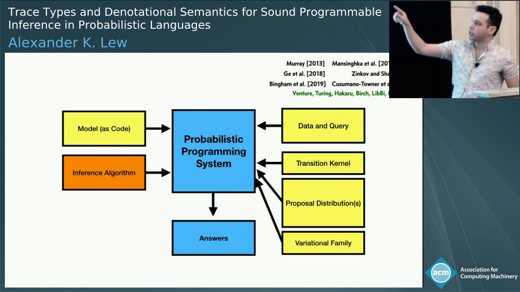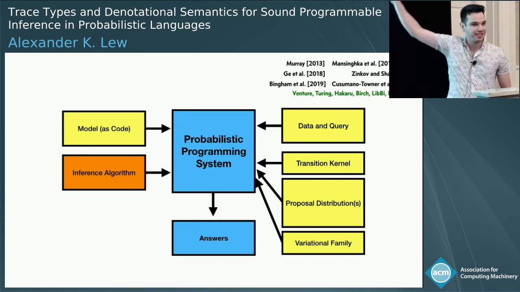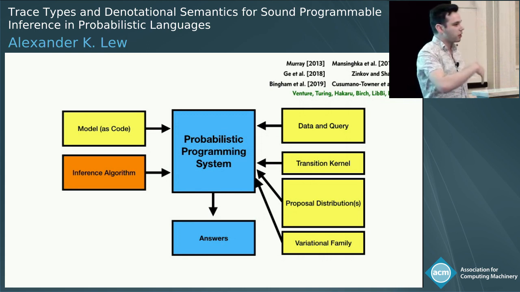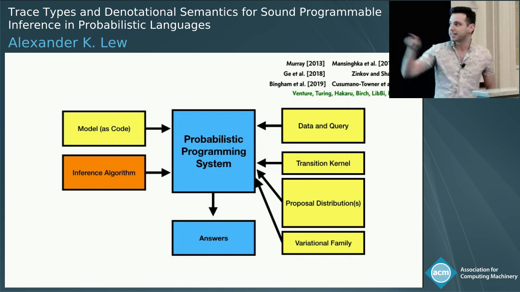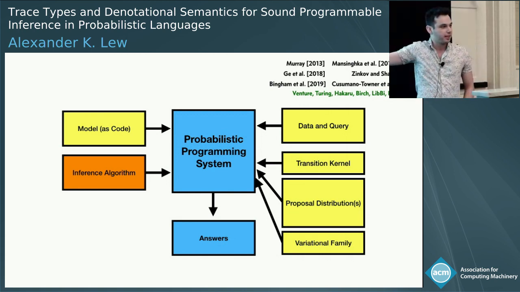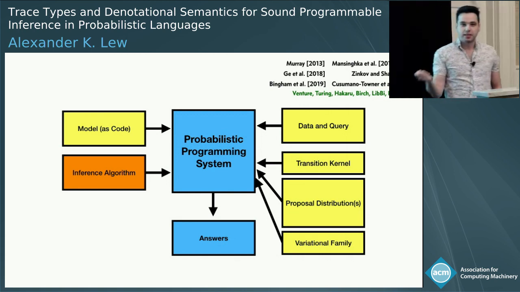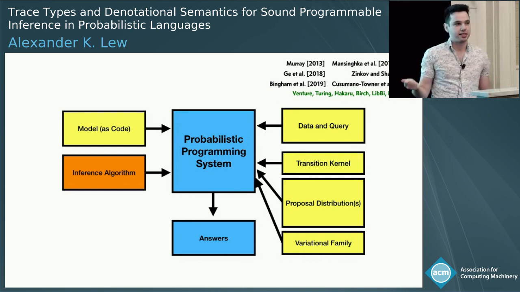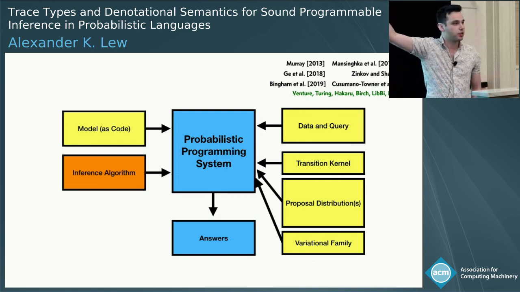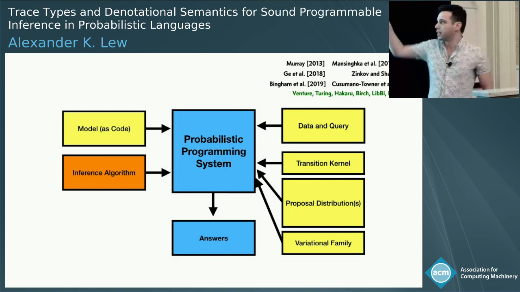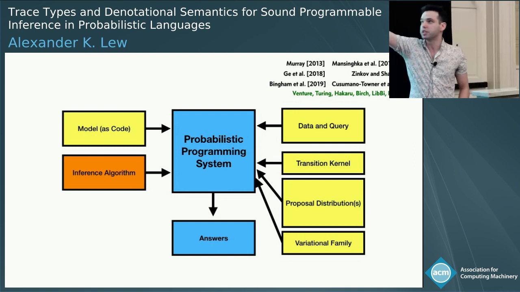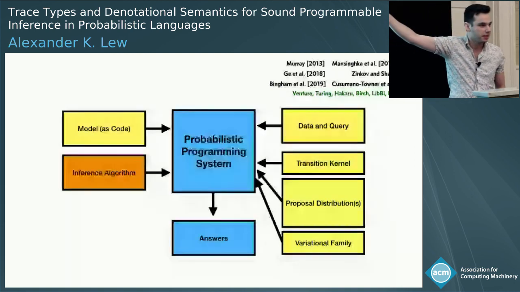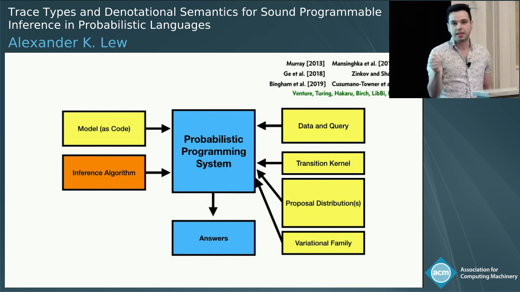is that the user inputs this third thing. In other words, the user is not only going to choose an algorithm class like Metropolis-Hastings or importance sampling, they're also going to write a second probabilistic program which specifies this choice of distribution that parameterizes the algorithm. So as a user, you write your model. That specifies what problem you want to solve. And then you write some extra probabilistic code, which is also going to be analyzed by the probabilistic programming system, which is going to customize the behavior of the inference algorithm on your model.